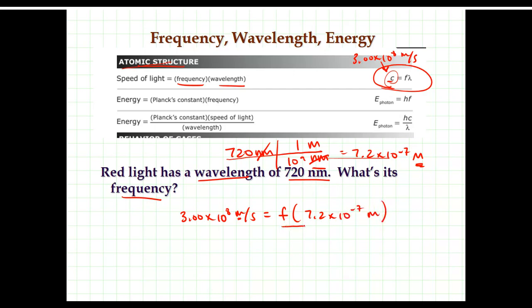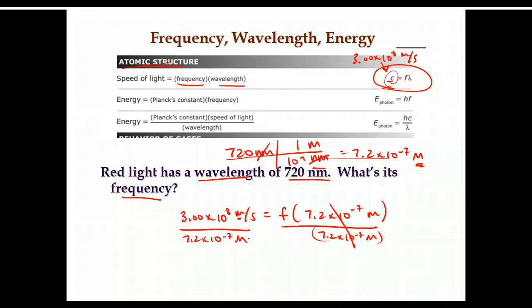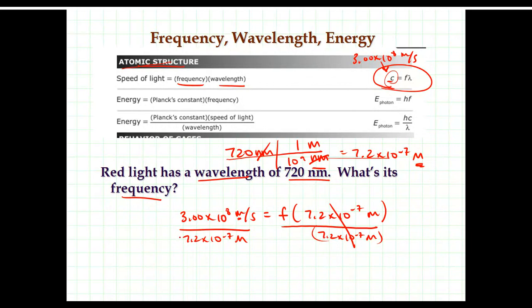To solve for frequency, I'm going to divide both sides by 7.2 times 10 to the minus 7 meters. That cancels out on the other side. When I divide in scientific notation with my calculator, I need to make sure that the denominator is in parentheses or I'm going to get the wrong answer. So 3.00 times 10 to the 8th power divided by 7.2 times 10 to the negative 7th power. I'm going to put that in parentheses, and my answer is going to be